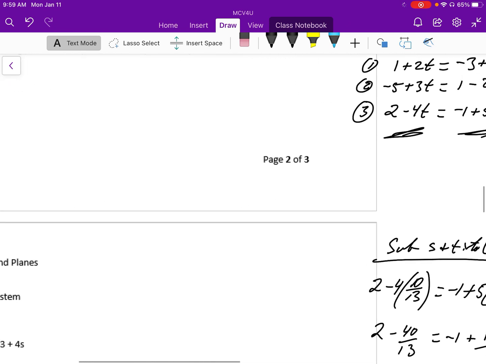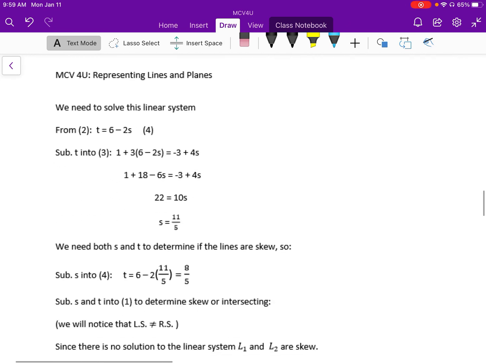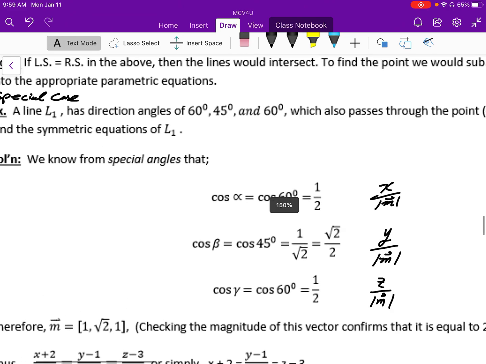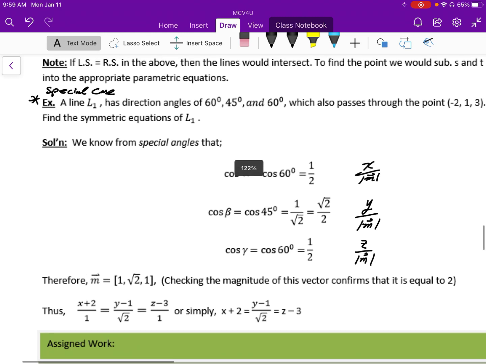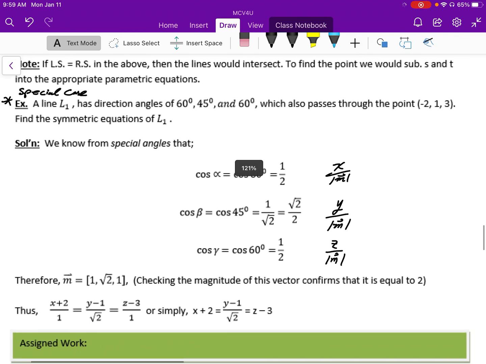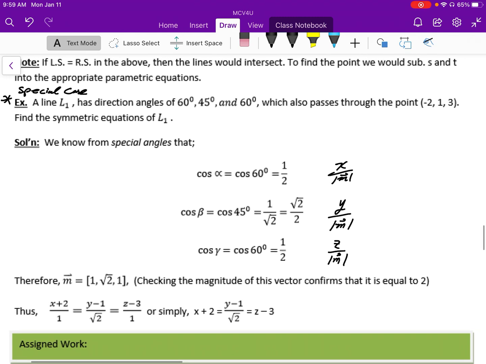All right. The last thing that we're going to take a look at is a neat little special case, where we're given direction vectors or direction angles, and we have a point that the line passes through, and then we'll be able to get what the equation is based on this information. So if you take a look at it, I'll just talk it through in this case. Let's say, for example, the direction angles are these special angles that we have,